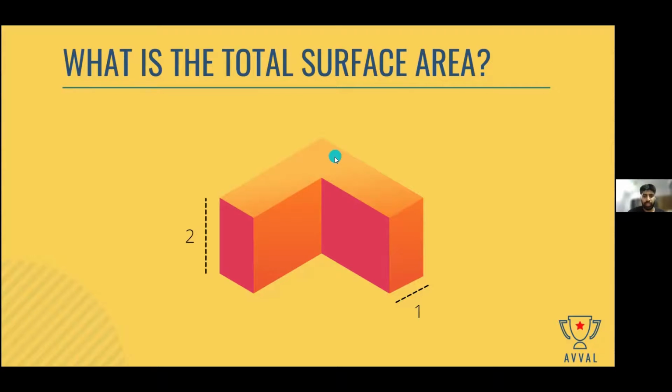Okay. Now, if you think about everyone, just close your eyes and visualize this object in 3 dimensions. If there is an L-shaped surface here at the top, is there an L-shaped surface at the bottom as well? How many think that there is an L-shaped surface at the bottom also? Is this clear to everyone?